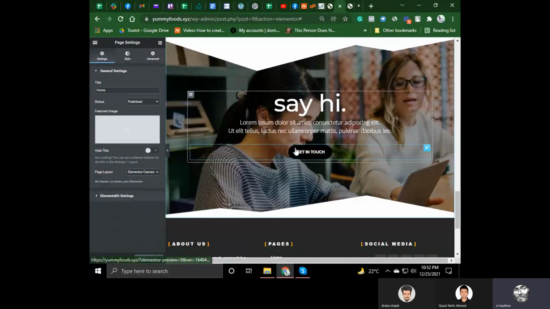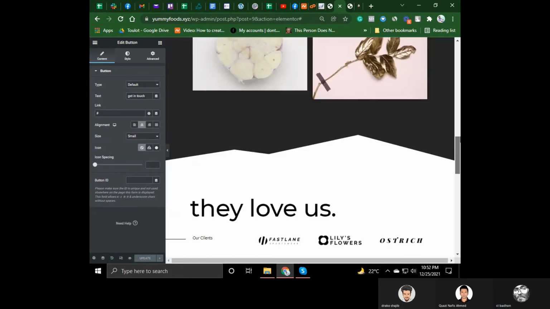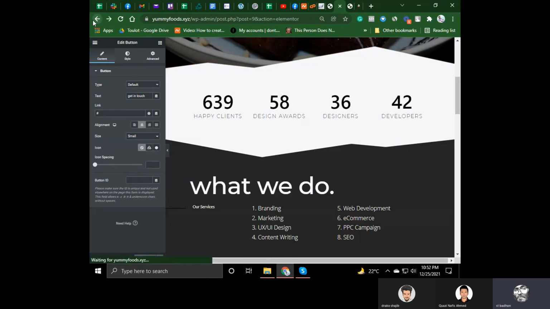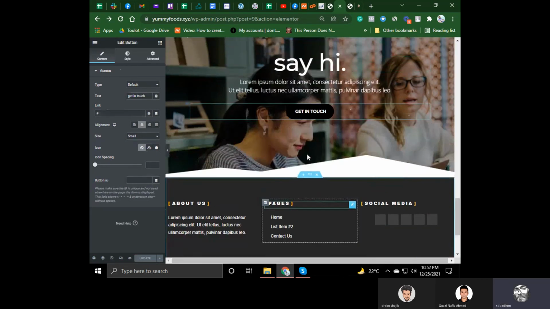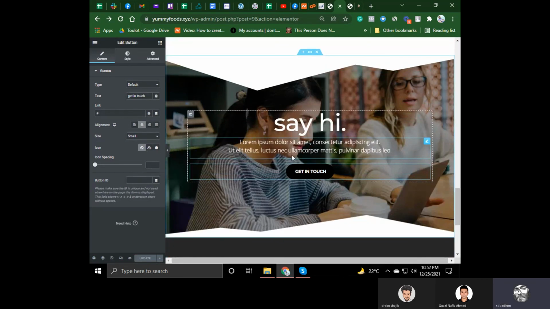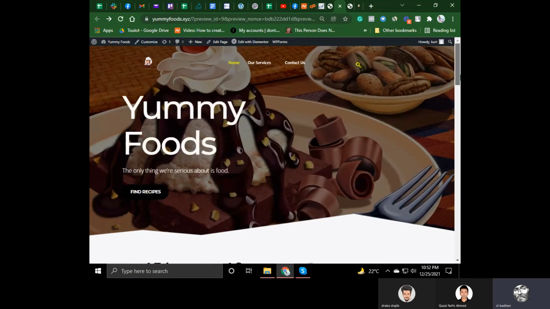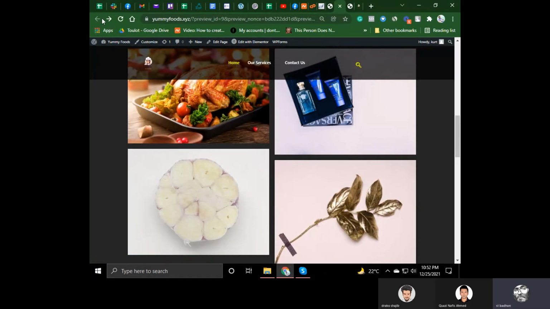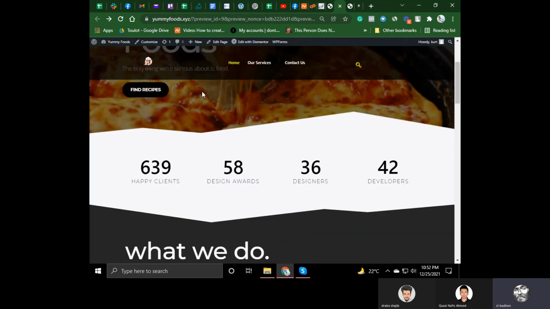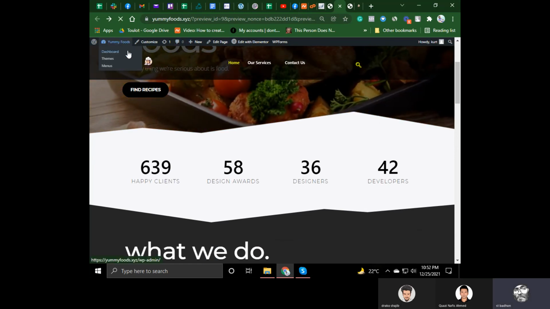But before we go, I'm gonna quickly show you how to create another page. Let me show you how to create a contact us page. You can also create it in your home page to make it simple, but I'm just gonna create another page to demonstrate how to add headers and footers that we saved, and then also how we can add a contact form. So come to dashboard,